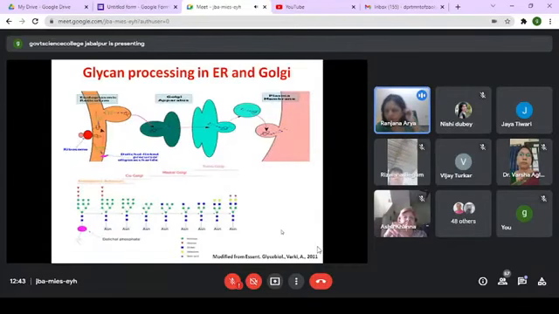So, I'm sure being graduate students, I thought I'd quickly go through the importance of sialic acid and how it is added. When the protein is being synthesized in the ER, where the ribosomes are, the glycosylation process begins in the ER. And as the protein moves into the Golgi, you see various kinds of glycosylation taking place, O- and N-linked glycosylation.